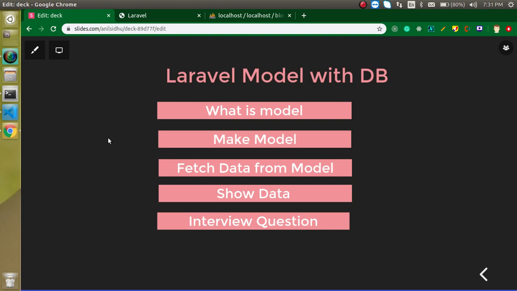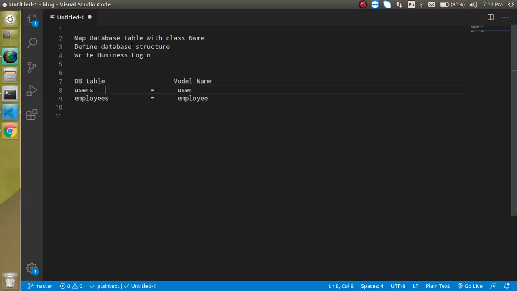So now the first question is, what is the model? Basically model is used to connect the Laravel with the database, right? Yes, there is some more use also, but most of the time we use Laravel model for making connection with the database. So now let's check out all the cases that we can do with the Laravel model. So first thing is we can obviously connect with the database, and how is it actually working?